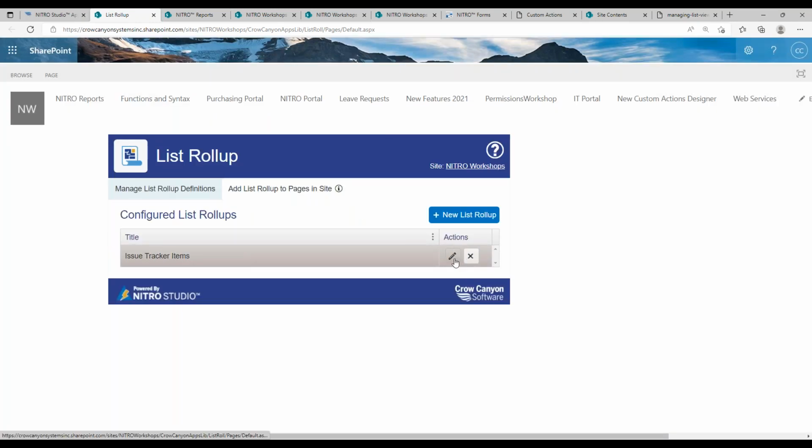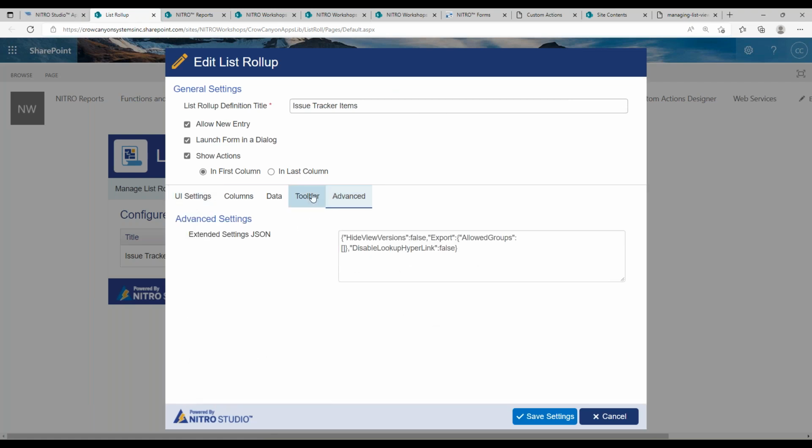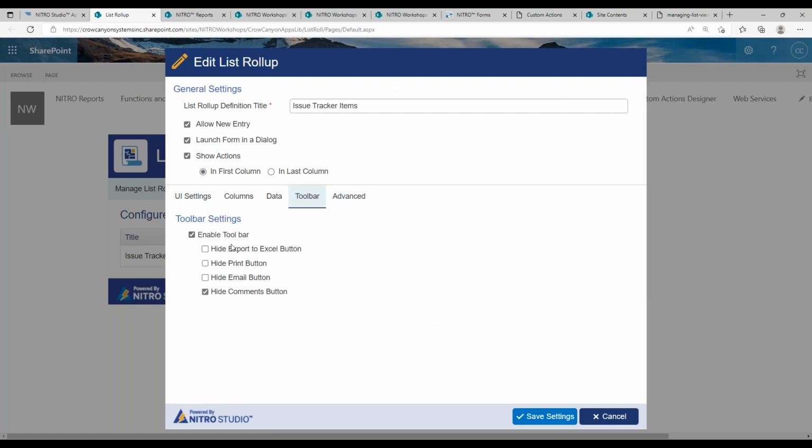Now there are some other settings there we could play around with as far as the advanced, having different options available. Extended settings we're not going to worry too much about, but we can enable the toolbar and show the export to Excel and all those buttons, which is actually really important, this export to Excel button. You're going to see this in a couple places in NITRO if you haven't already. List search can have export to Excel that allows you to export whatever you've searched. And it just gives you a better way to do the export to Excel, because when you're doing it from